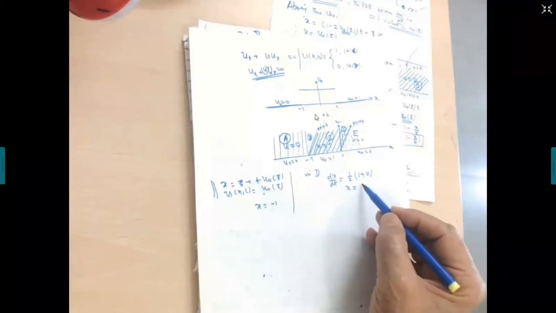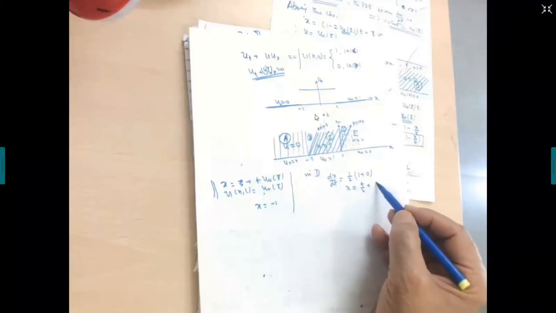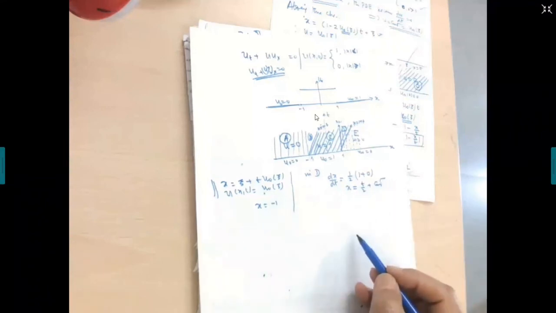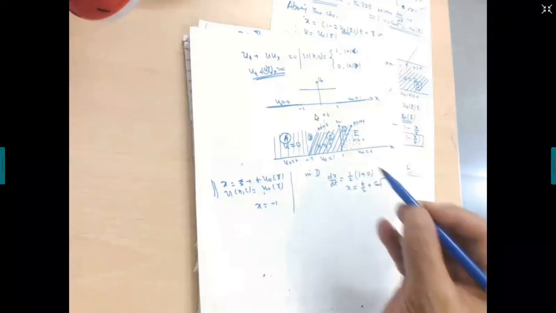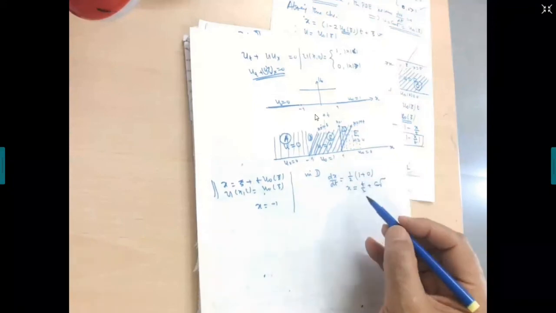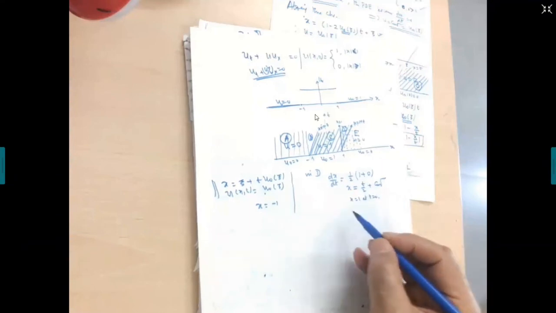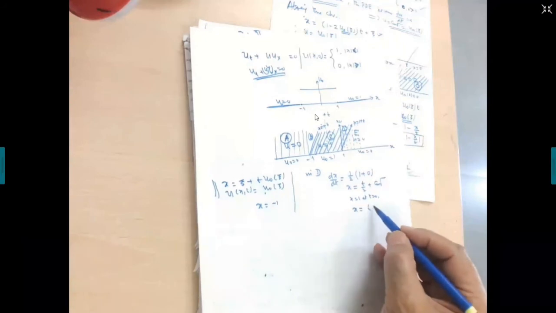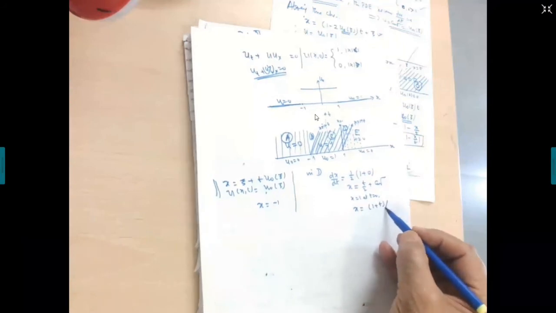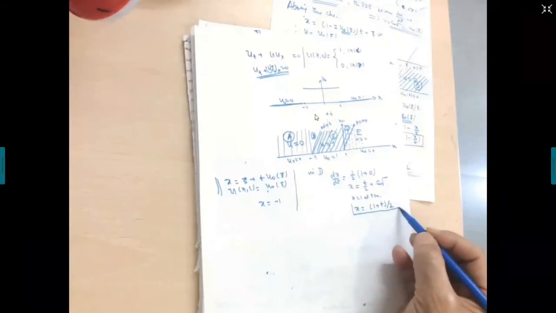So what do we get? t by 2 plus some constant. What is the value of the constant? How to determine? When t equal to 0, x equal to 1. Very nice. x is equal to 1 at t equal to 0. So the constant is known. x is equal to 1 plus t divided by 2. This is the shape of the shock.